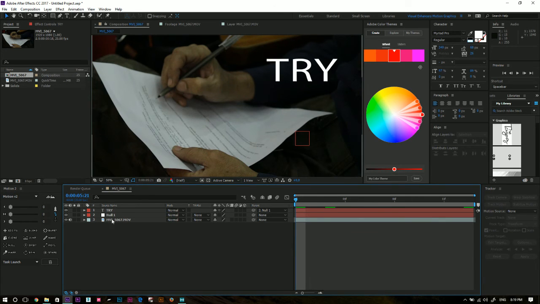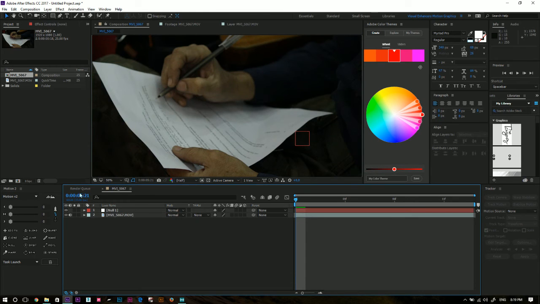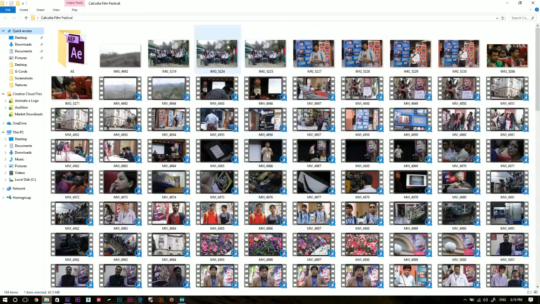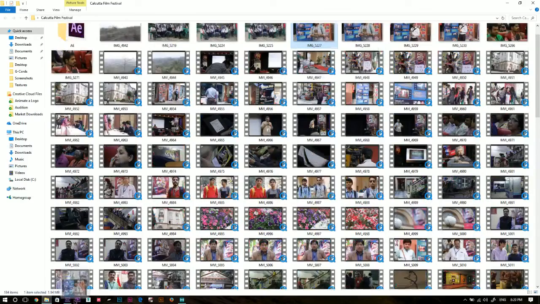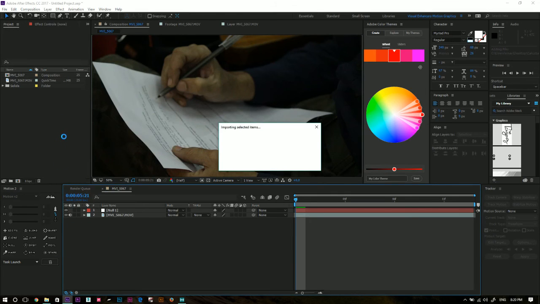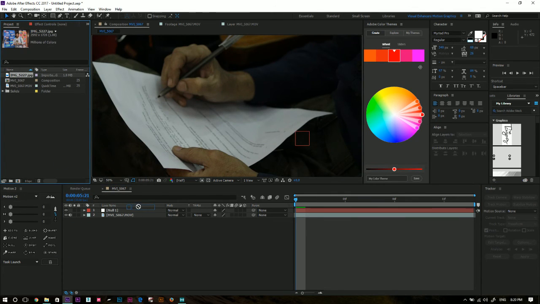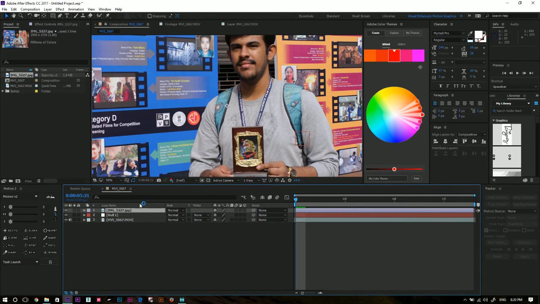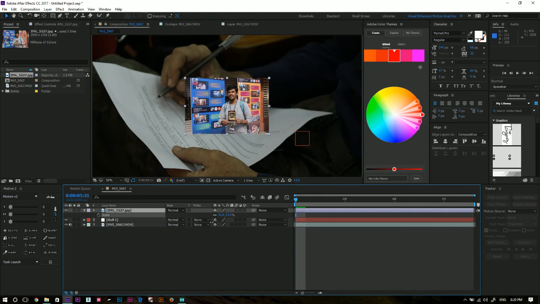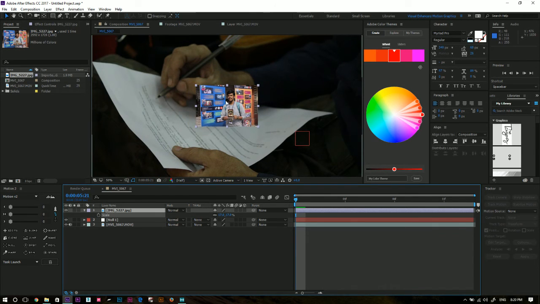Okay, so you want me to attach an image with this null object. Okay, so what I'll do is I'll remove the null from this text, I'll delete the text, I'll import an image. I'll suppose import this image into After Effects, bring this down in the composition and scale this so that this doesn't look too big, and I'll place it